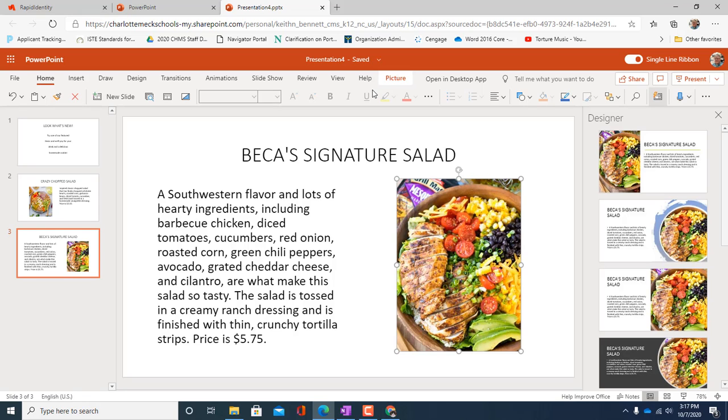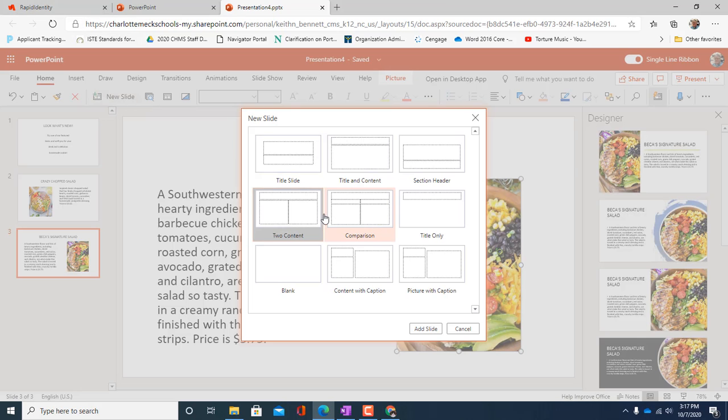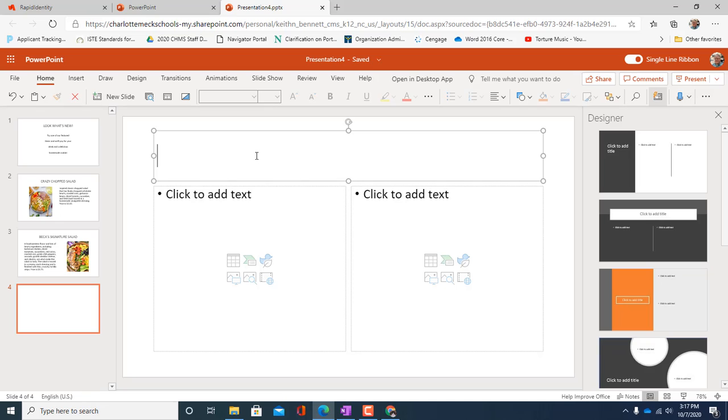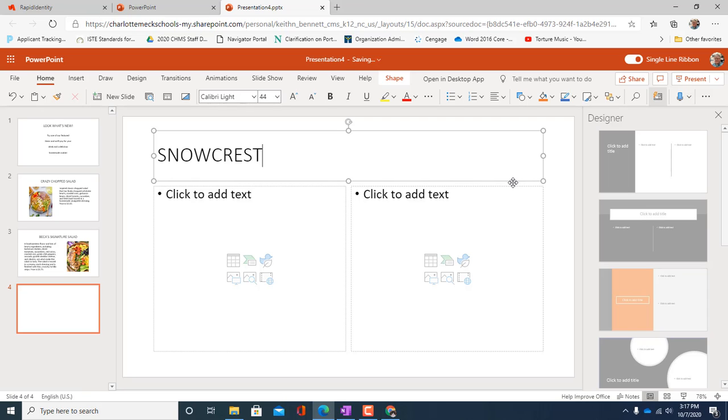So for slide 4, what we want to do is, again, we want to insert a new slide, and we want to put in a two content. So we click add slide, and then we want to come up here to the title, and we want to put in the text Snowcrest Chicken Sandwich. So turn on caps, and of course we want to center this,